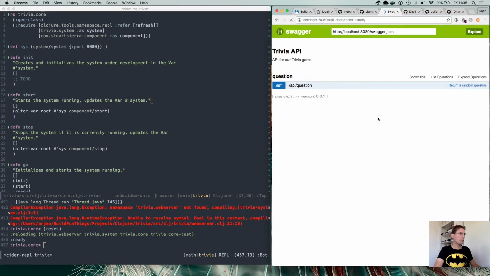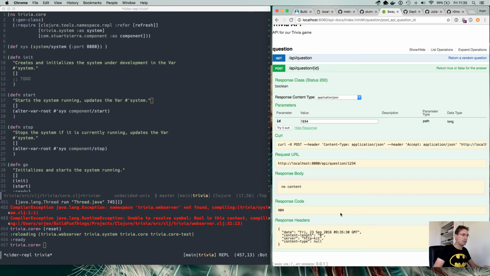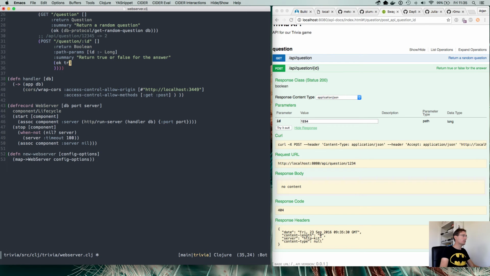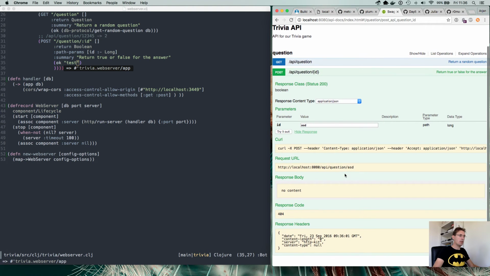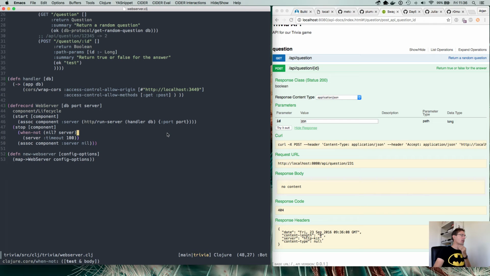Okay. Question now has the post as well. The post, we can say ID 1234, and bam, it will tell us 404. 404. Why does it tell us 404? That's not something I expected. Web server. No content. I did not expect a 404, but that could be because